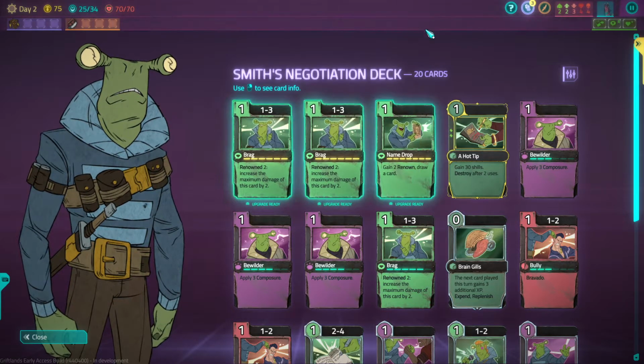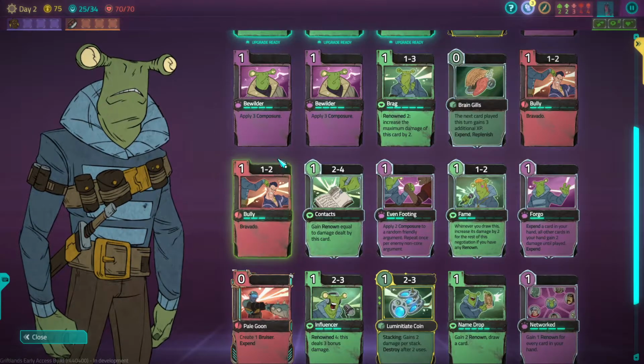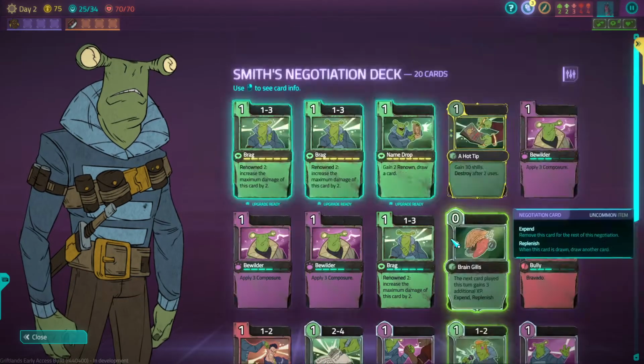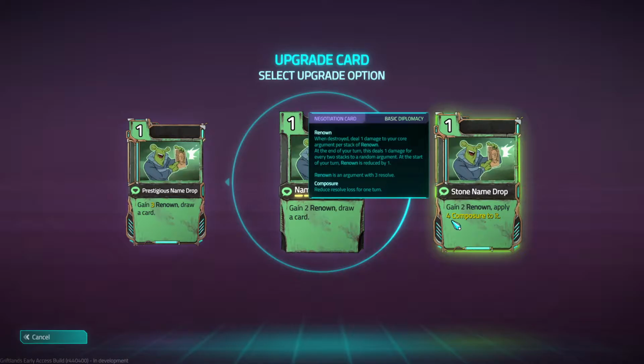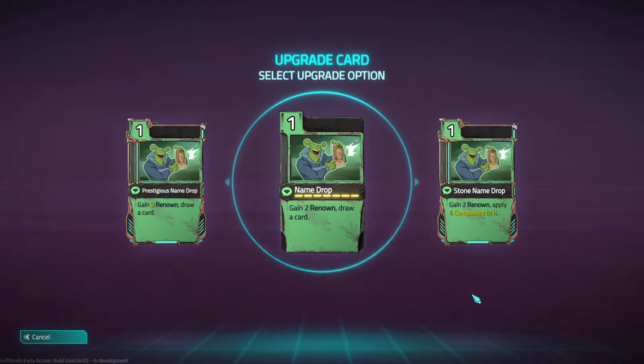In the previous episode, I forgot to upgrade some negotiation cards, so let's have a look at those right now. We can upgrade two of our brags and the name drop. One of the name drops, okay. Gain more renown or apply composure to the renown after...